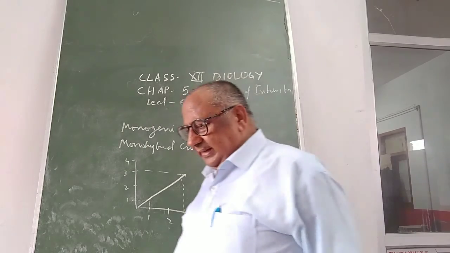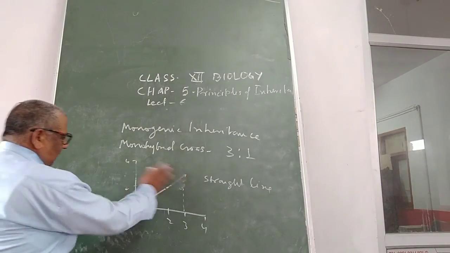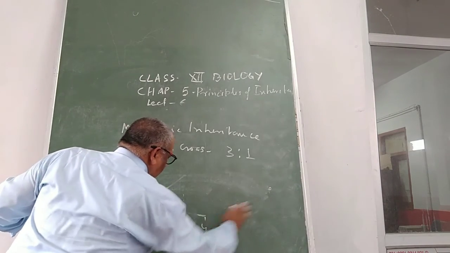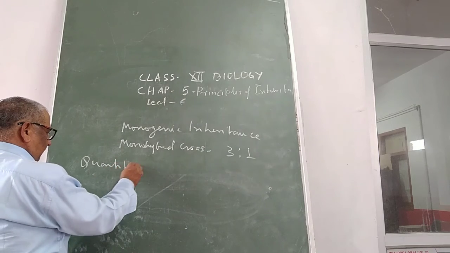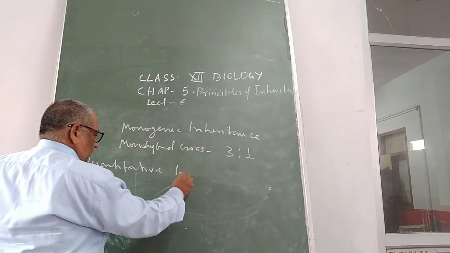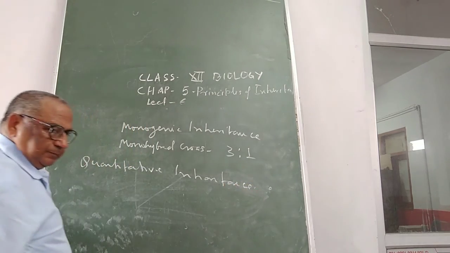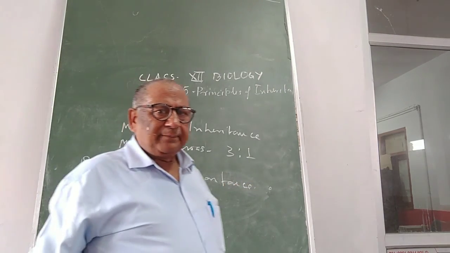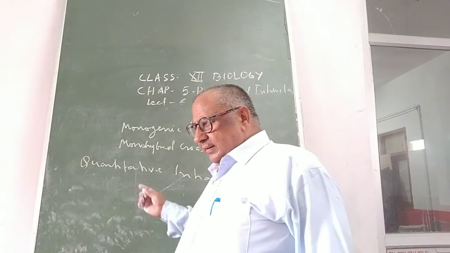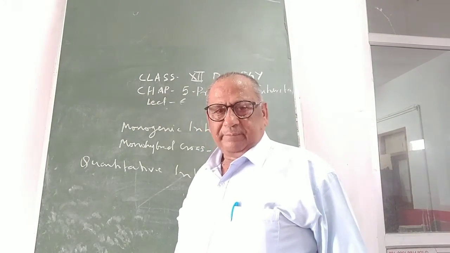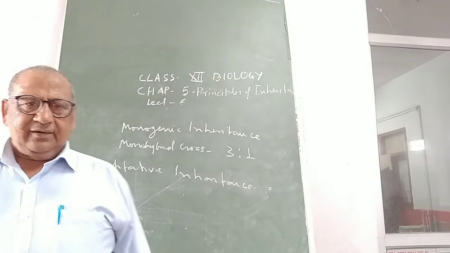Here, polygenic inheritance is also called quantitative inheritance. Quantitative inheritance means the number of genes taking part to express a single character. That's why it has some peculiarities in characters. Now, in this way, we could conclude